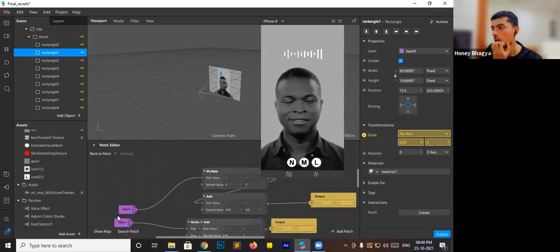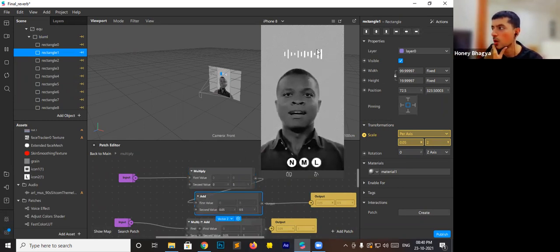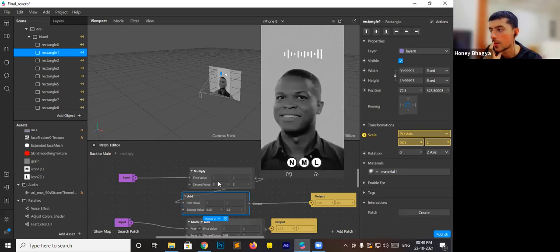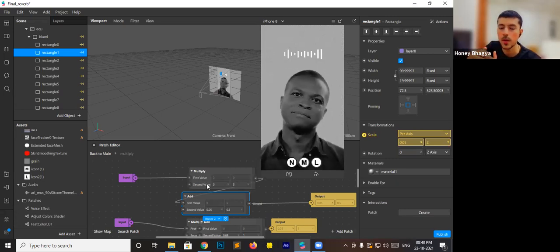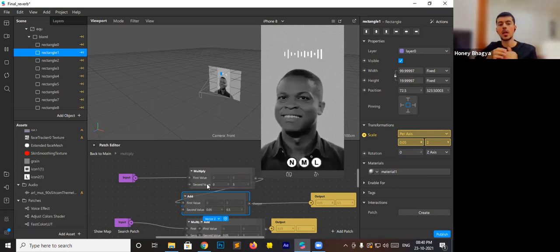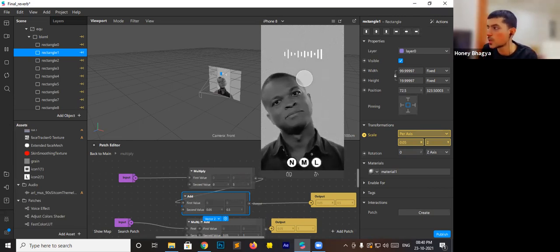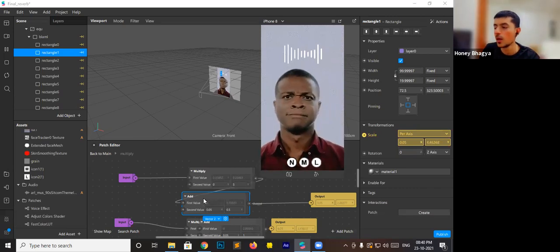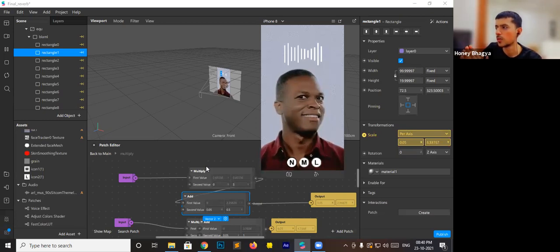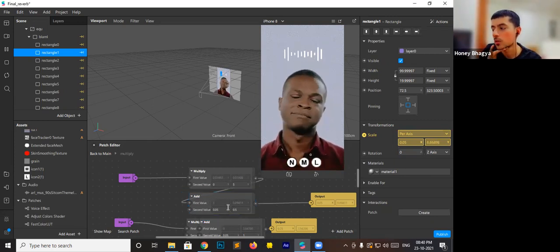I have used the input and then multiply and then add a default value so that it doesn't go lower than the default value. So we have the multiply patch to multiply the value, because actually there's not much difference in different bands, like band 1 and band 2. So what we do is we create a multiply patch to create a certain type of difference so that the effect looks realistic. And now as you can see, the equalizer is looking real. If I remove the multiply patch, there will not be much difference and it will look very simple. So that's why we are using the multiply patch, and we are using add to keep a certain value,